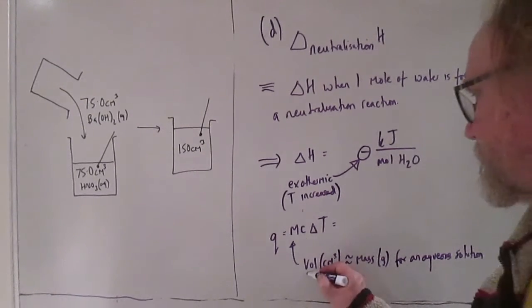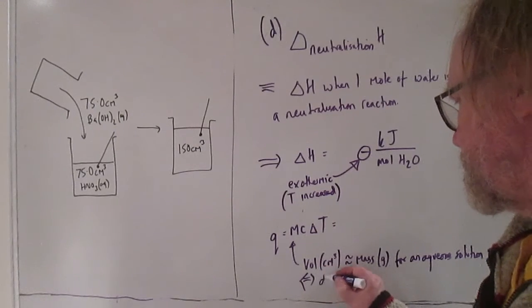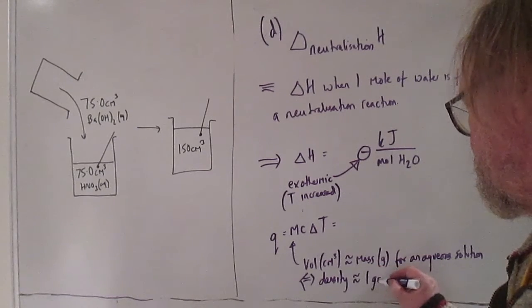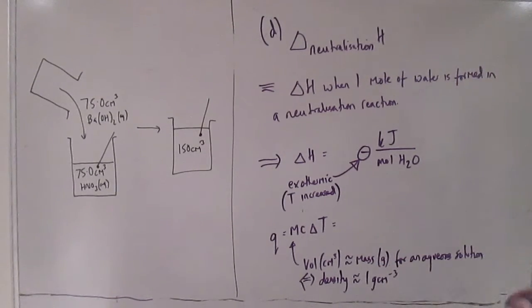And that's equivalent to saying that the density is approximately 1 gram per cm cubed. It's very important that you know that that's what you do for aqueous solutions, because sometimes they tell you to do it, but not usually. They expect you to realise that that's the approximation you have to work with. That is the density of pure water. Okay, so 1 gram of water does have a volume of exactly 1 cm cubed. So that's why it's a reasonable approximation, because this is mostly water with just a little bit of other stuff